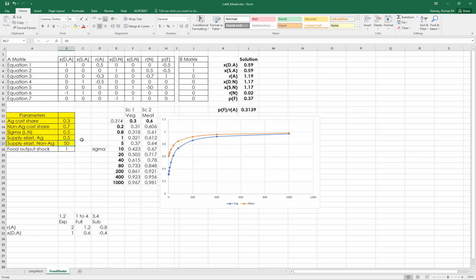And you see that the difference on the ag side, as the supply elasticity for non-agriculture gets large, the cost differences on the ag right here, the vegetable being 30% of the cost, 60% of the cost for meat, matters more and more for a farther distance, right? Even at big substitutions, you still get this gap. And so let's change it to something like